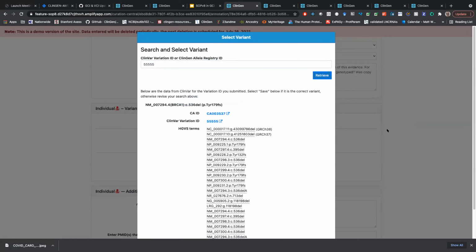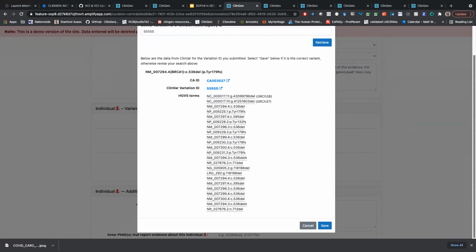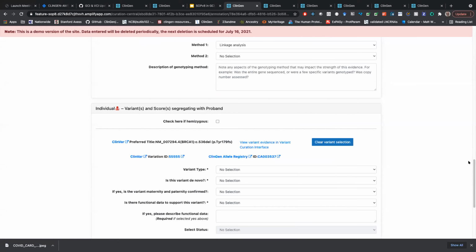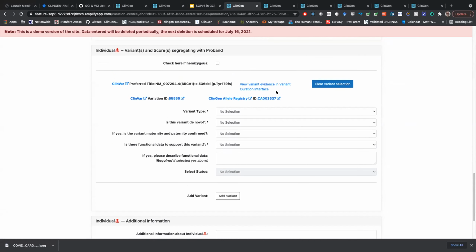This is a good start. There we go, add that variant in. Okay, and now you see, with this, you've got the information at the top here associated with that variant, and